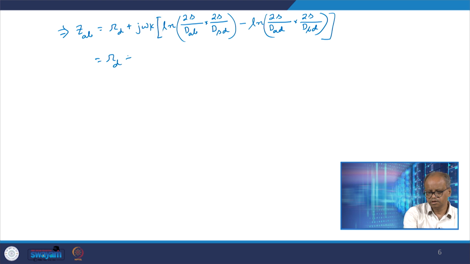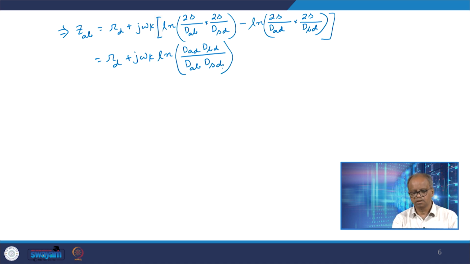So if we do it, it will turn out to be j omega K log DAD into DBD by DAB into DSD. Right? So it is DAD into DBD by DAB into DSD. So similarly, if I do ZBC, so you see, when it is AB, it becomes AD, BD, AB, DSD. So then similarly, if I do ZBC